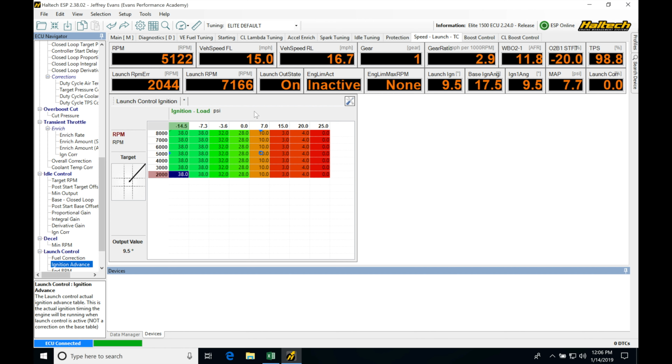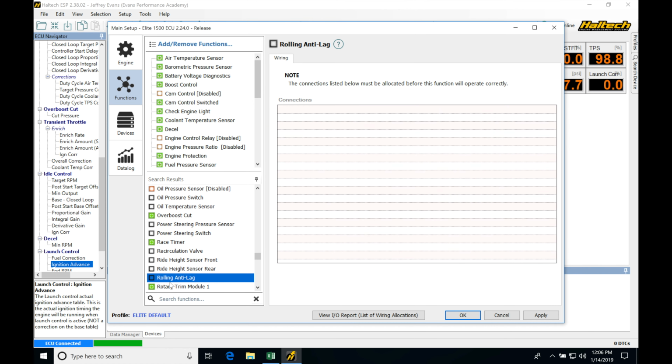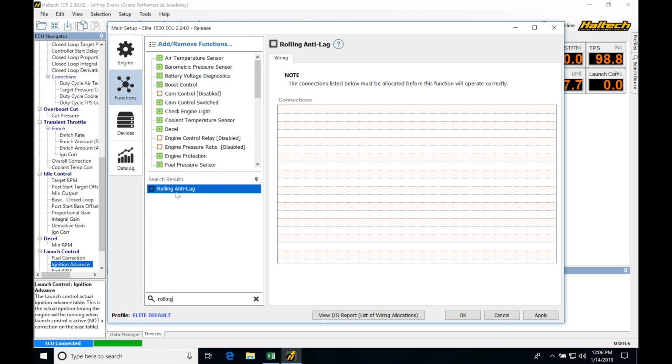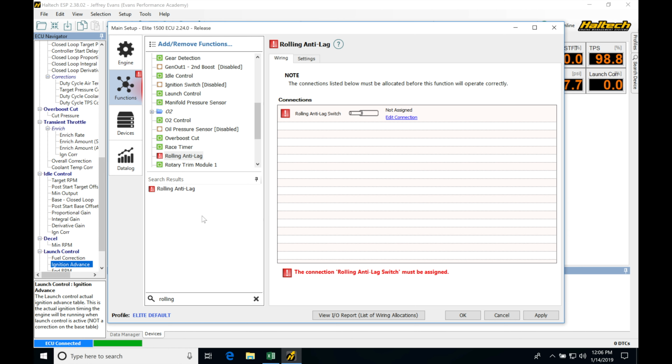So in order to implement this, let's jump up here into our setup, and we're going to be going down into the search functions, typing in rolling. We're going to be seeing that rolling anti-lag then pops up here. We're going to select this. Now we're going to be finding it's in a